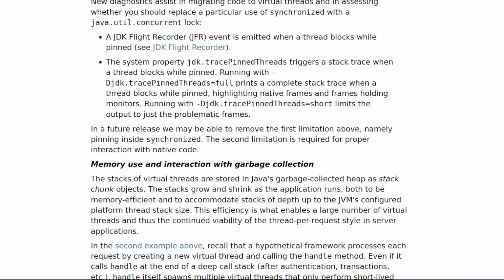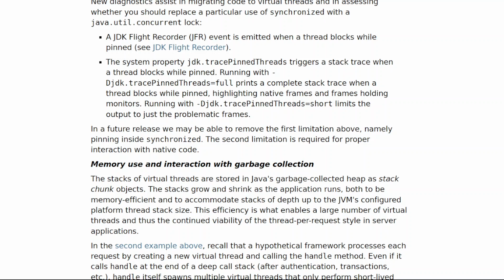Running with -Djdk.tracePinnedThreads=full prints a complete stack trace when a thread blocks while pinned, highlighting native frames and frames holding monitors. Running with -Djdk.tracePinnedThreads=short limits the output to just the problematic frames. In a future release we may be able to remove the first limitation above, namely pinning inside synchronized. The second limitation is required for proper interaction with native code.